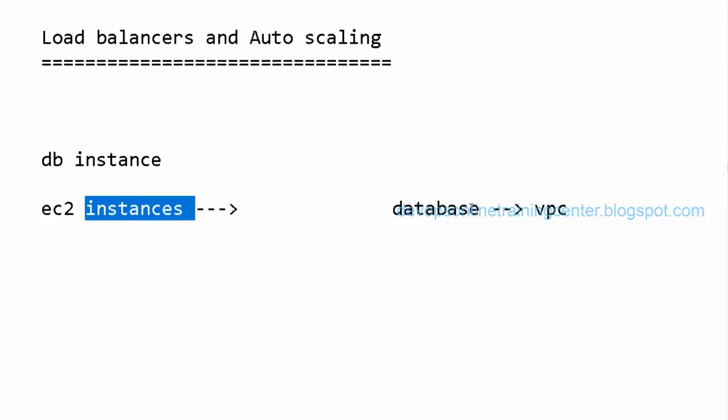Maybe it will extract some data from the database and it will work that way. Let us say there is a request coming in from a client or a user, the web traffic, and it has to store something in the database. Through the EC2 instance, it accesses the database, and if it wants to extract something, it extracts and shows it to the user. Something like that it works.